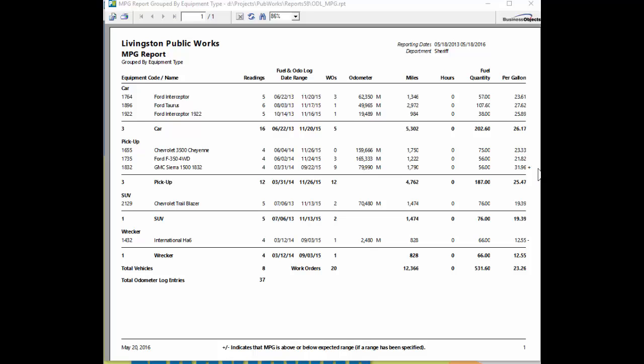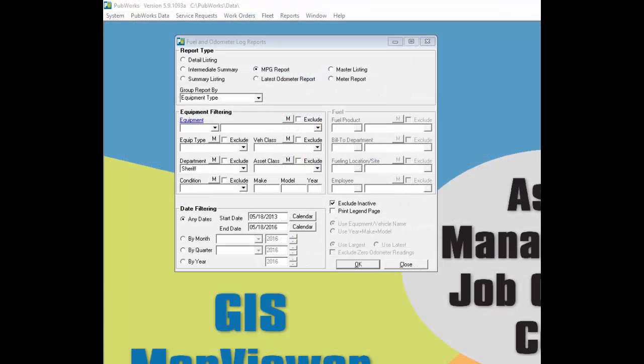This is a flag telling you whether the vehicle is above or below its expected range for miles per gallon. Next is the latest odometer report. This is very useful for year-end reporting purposes, providing an efficient view of where your vehicles are with respect to their odometer readings. We'll stay with the same filtering and grouping and select the latest odometer log report choice and